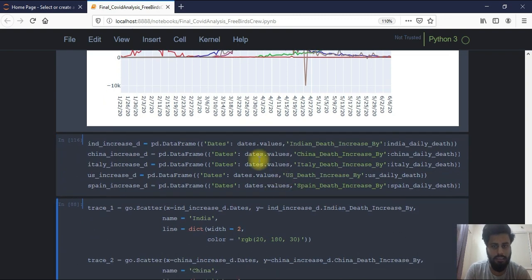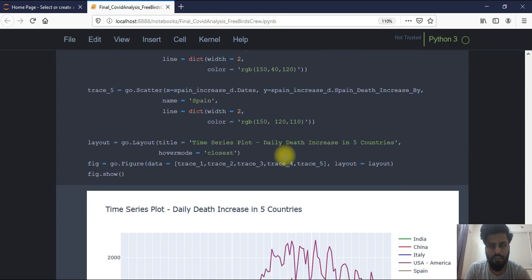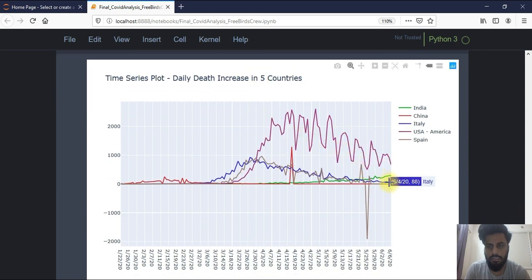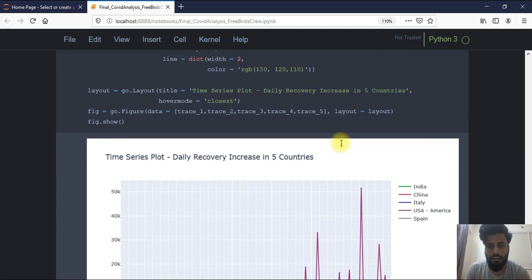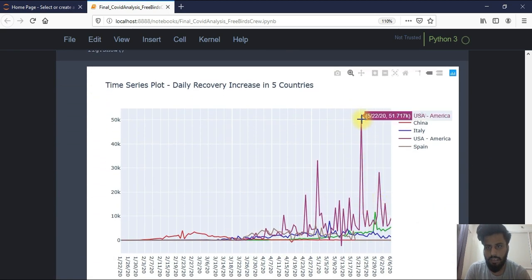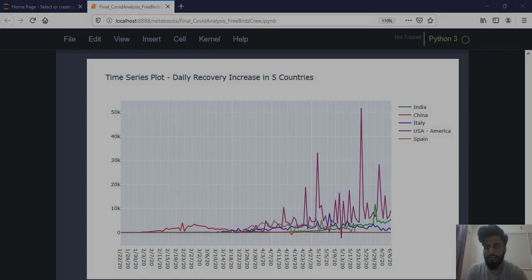And for the deaths, I can simply make a data frame and then again plot it. For deaths, India's deaths are still increasing, and US deaths are decreasing day by day. And as you can see, Spain has no more deaths anymore. And for the recoveries as well, you can see recoveries in the US are also increasing a lot, and in India recovery is increasing day by day as well, and Spain and China have had no recoveries for 3-4 days.